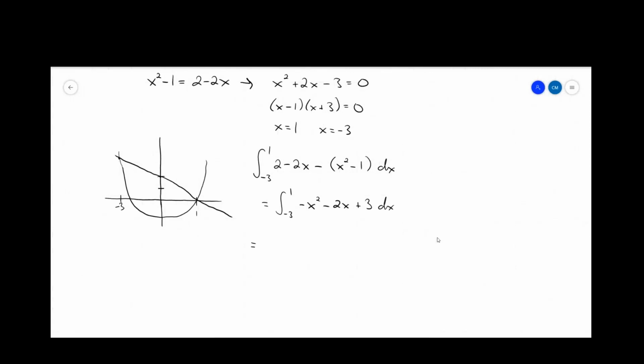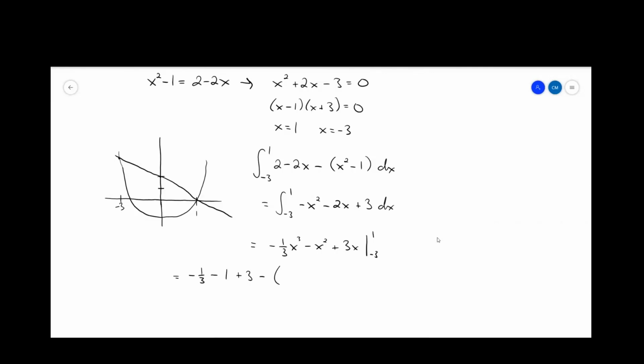Okay, so we find our antiderivative, negative 1/3 x cubed minus x squared plus 3x, evaluated between negative 1 and 3. So remember what that means. That means we have to plug in the top value, so negative 1/3. Multiplying that by 1 is just going to give us the coefficient, so we'll just say minus 1 plus 3. And then minus, what do we get when we plug in